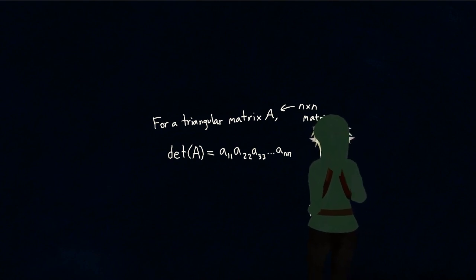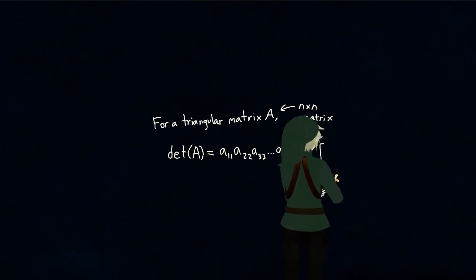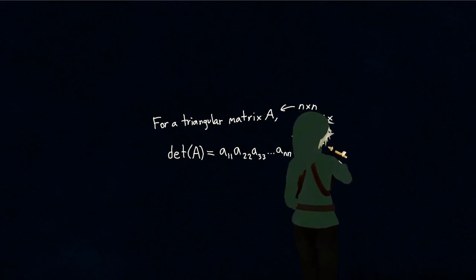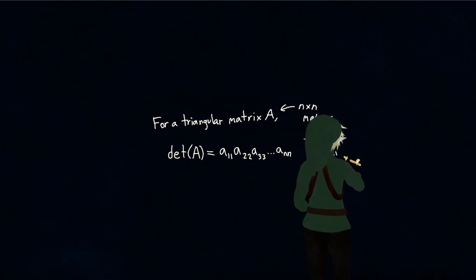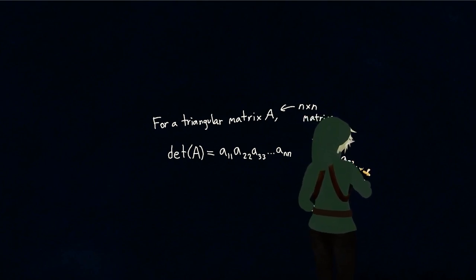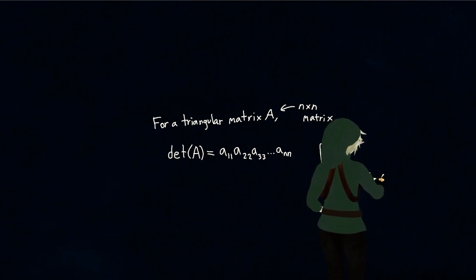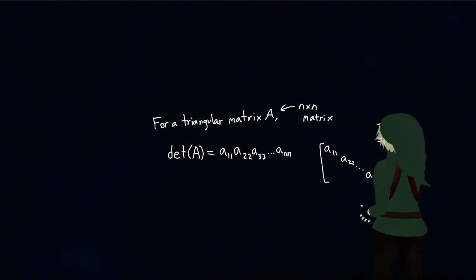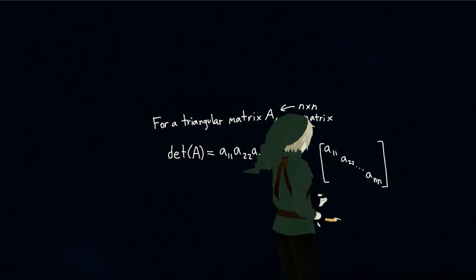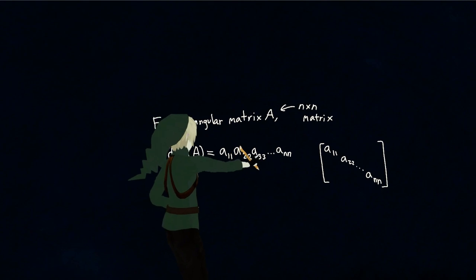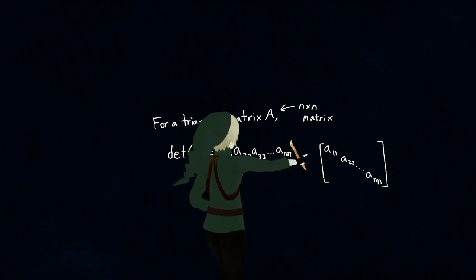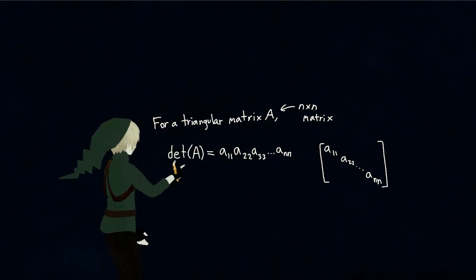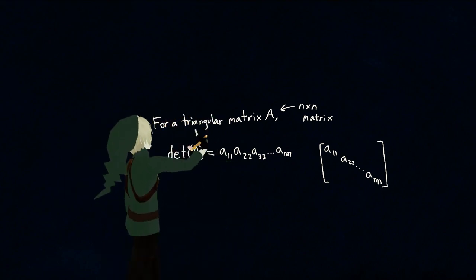they look like this, for any square matrix. A1,1 is here, A2,2 is here, and then going down diagonally, this is An,n. So these entries here are the diagonal entries of a square matrix. Okay, so the determinant of A for a triangular